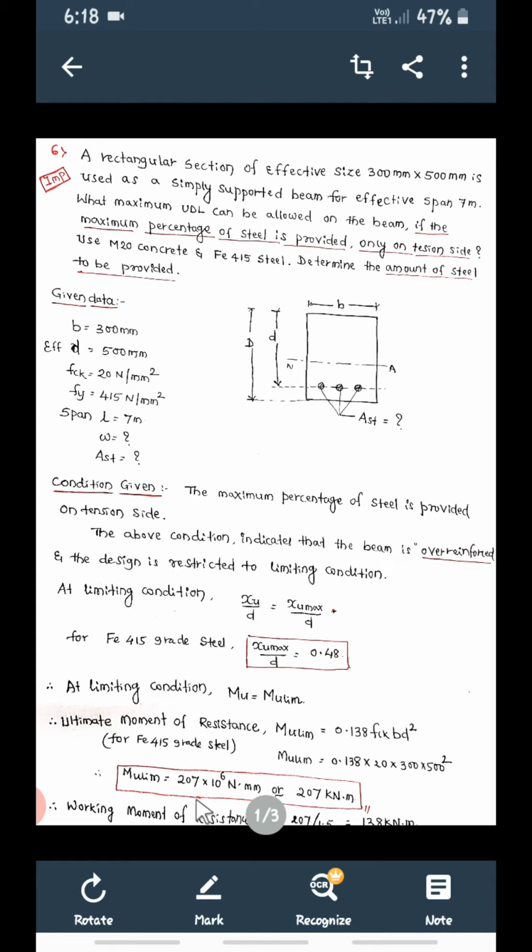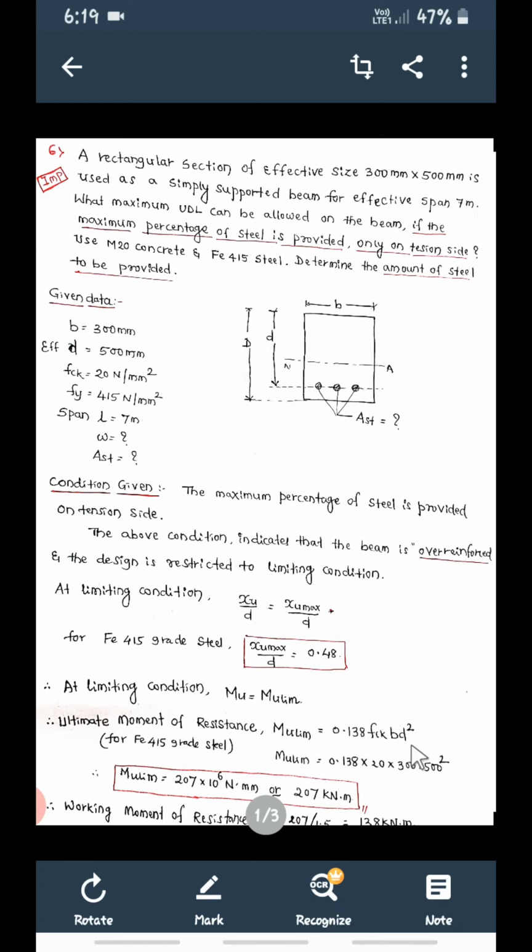So how will we calculate M? M, the working moment, is equal to 207 divided by 1.5. 207 divided by the factor of safety, that is 1.5, we will get 138 kilonewton meter. This is the ultimate moment, this is the working moment. Working moment means M. So the working moment of resistance given by the beam will be 138 kilonewton meter. So this is the first quantity we have found out, but we need to find out the